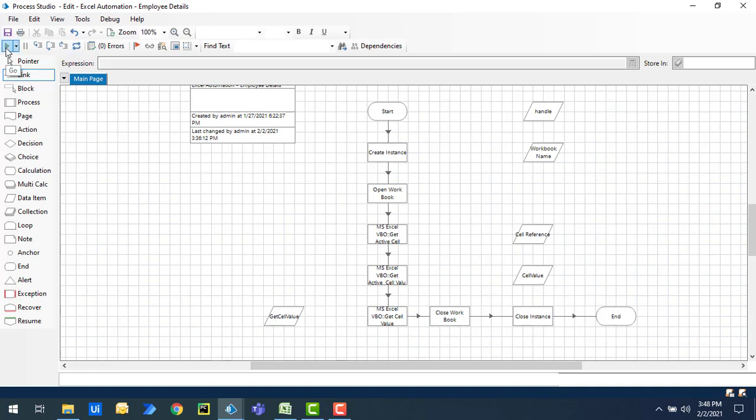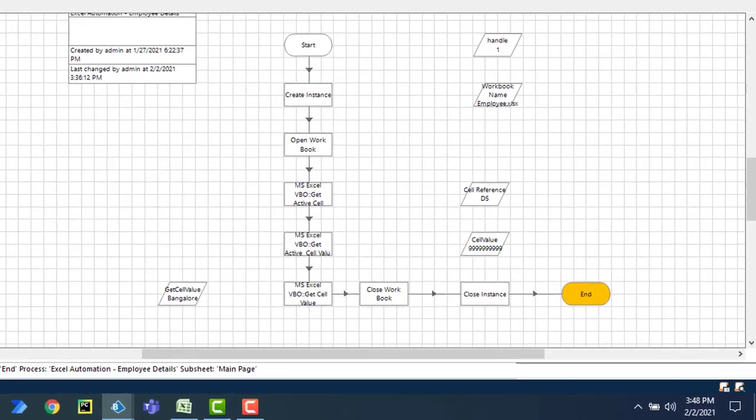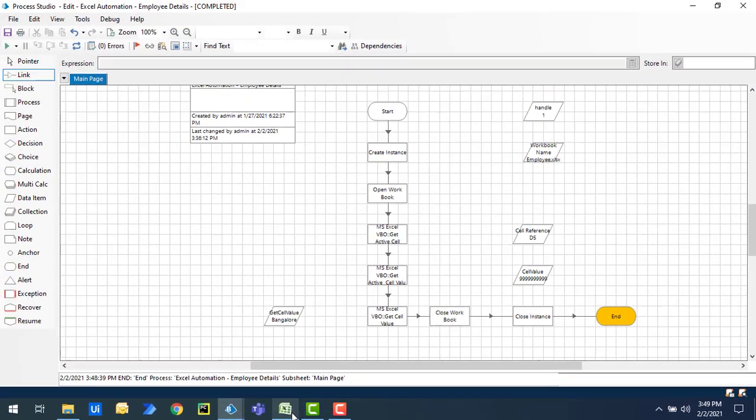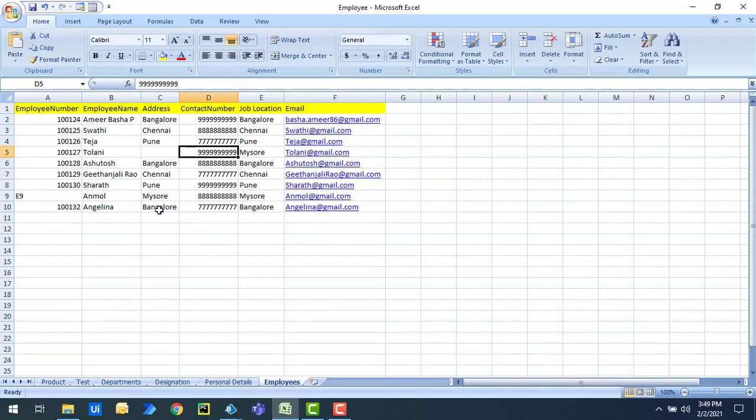and then let's run the process to see the output. Process execution started, and it has executed all the actions successfully. Now if you see the outputs over here on the screen, for the get cell value, you got the cell reference as the C10 cell value. If you see over here, what is C10? We're having Bangalore over here.